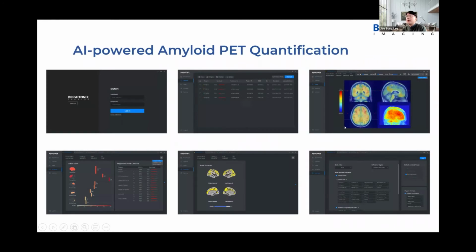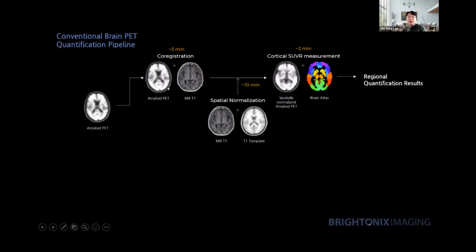Now, another AI-based technology that we will utilize is the AI-powered brain PET quantification. This slide shows the conventional pipeline for brain PET quantification. For example, for accurate amyloid PET quantification, usually we need MR-based or CT-based spatial normalization of PET images, because